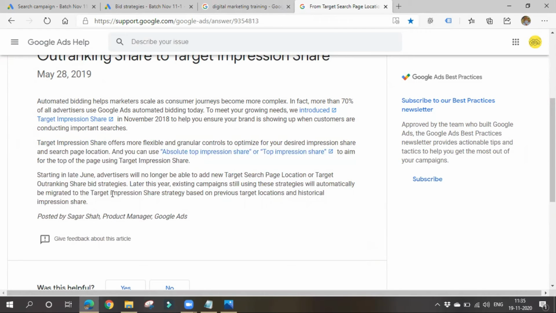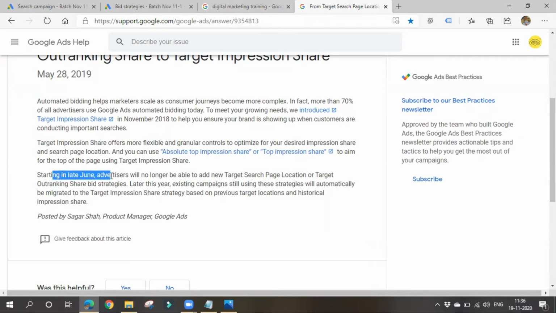Before, it removed both of these bidding strategies. Why? Because directly you can display your ad on top of search results, and also here you can outrank your competitor directly by giving their website name.